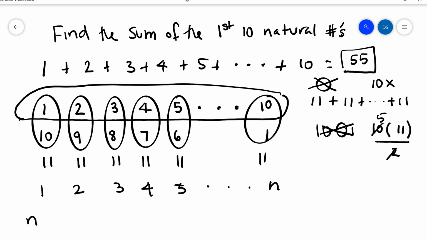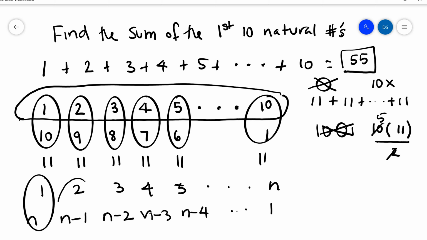So n, n minus 1, n minus 2, and I'm going to put n minus 3, n minus 4, dot dot dot, all the way down to 1. So first ascending order, then descending order, you do the same thing. When we group this,